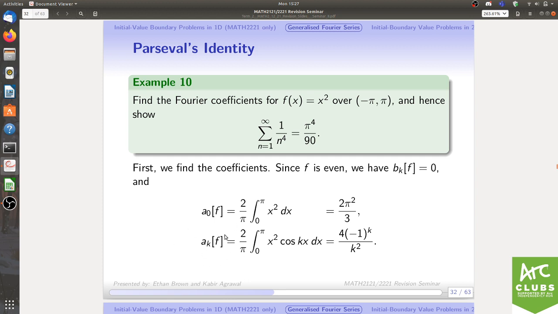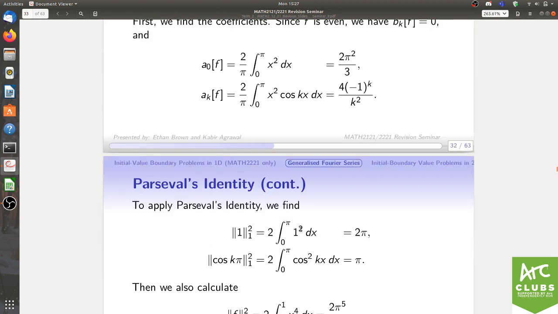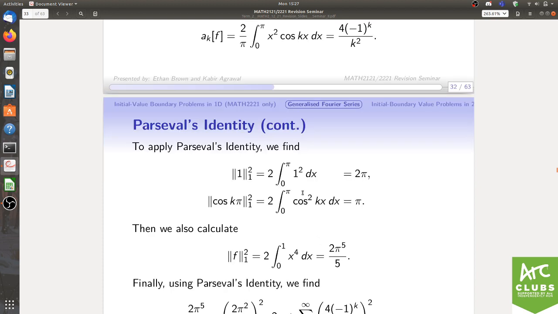Now, a_k of f is equal to each of the following integrals, given, and so what you can do is the pi disappears because on the denominator we have L equals pi, so that now x squared cos kx will just end up equaling this function. Now what ends up happening is that we still need to compute the norms of your cosine functions, so that integral, so that the weight of 1 is obviously just equal to 2 times the integral 0 to 1 of 1, which gets you 2 pi,